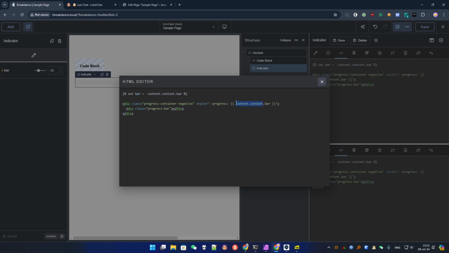So I don't need to type all. So what I need to do is to add a condition here. So if bar is negative, I will add the negative class. If it's not negative, I don't add anything. So let's write that. If bar negative, so